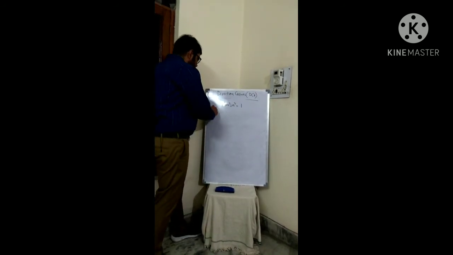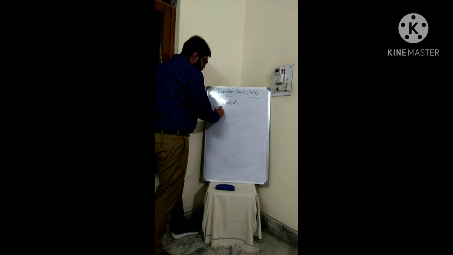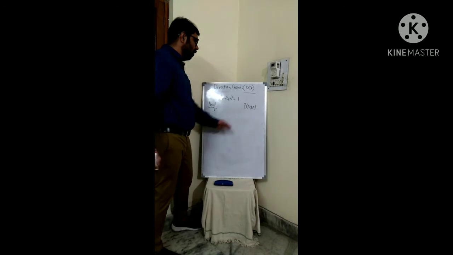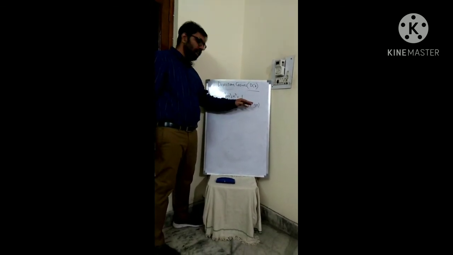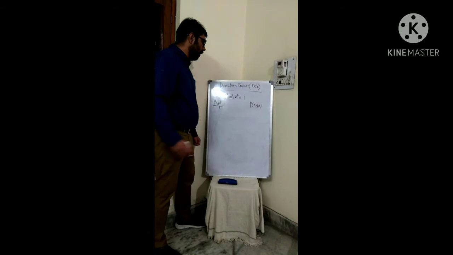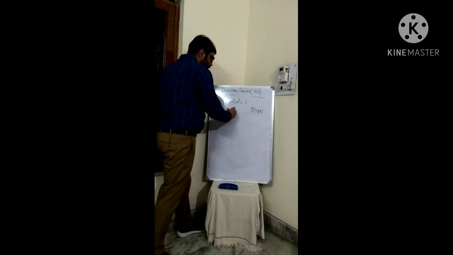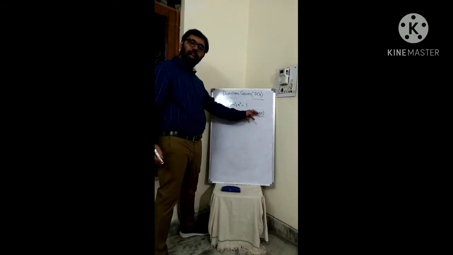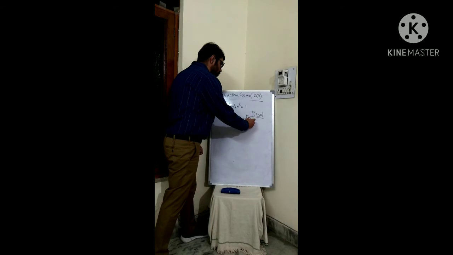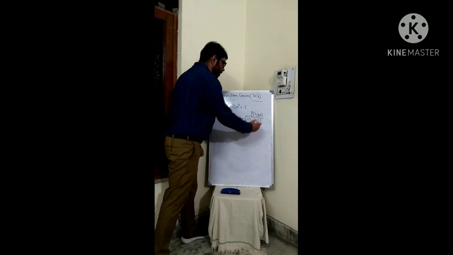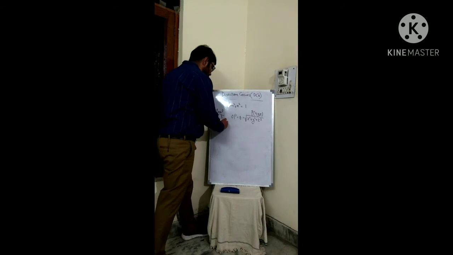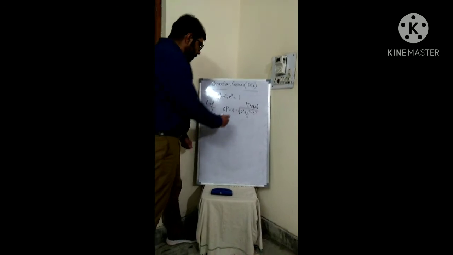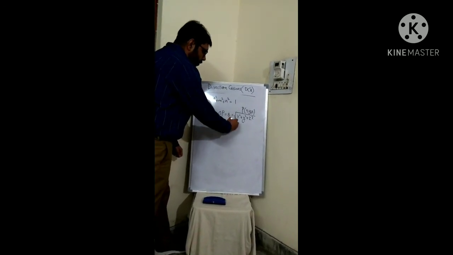So how do I prove that? As a proof, suppose a point P (x, y, z) is lying on that line. Now the distance of P from the origin, OP, we can say is r, and I can write r in terms of x, y and z using this formula: root of x square plus y square plus z square. So cos alpha, if you form a right angle triangle, will become x by r, because base upon hypotenuse.